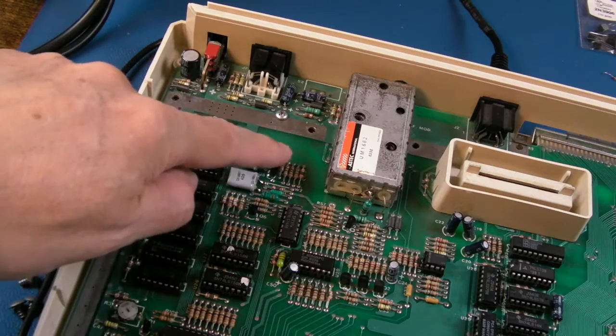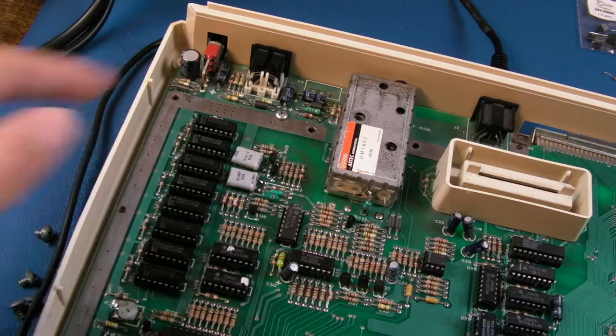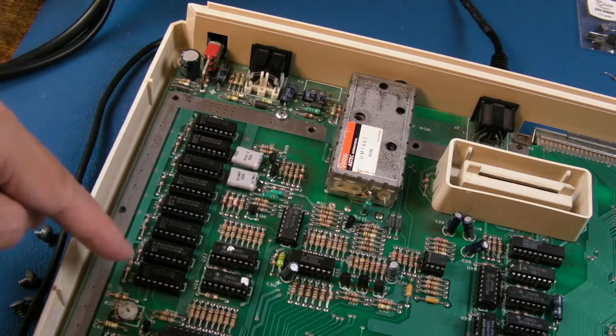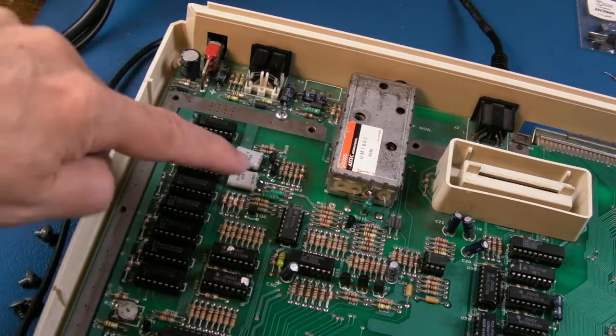These ones are from an A500 motherboard. So yeah, I need to source some more of those 06 transistors there. Yeah, PNP ones, I think the other ones are NPN. I forget exactly. Anyway, I'm going to clean around with cotton buds here, and you can see all the solder